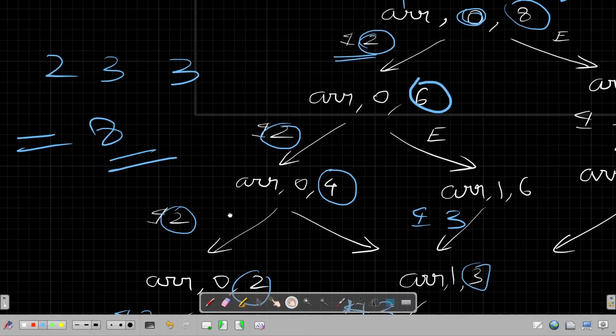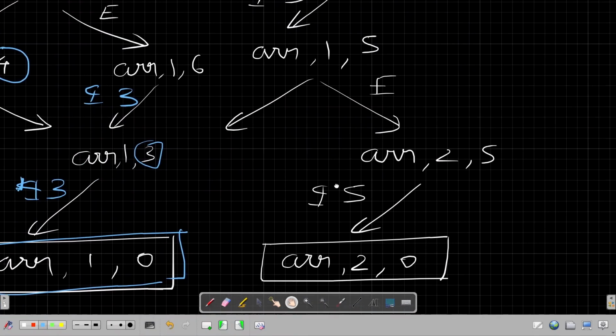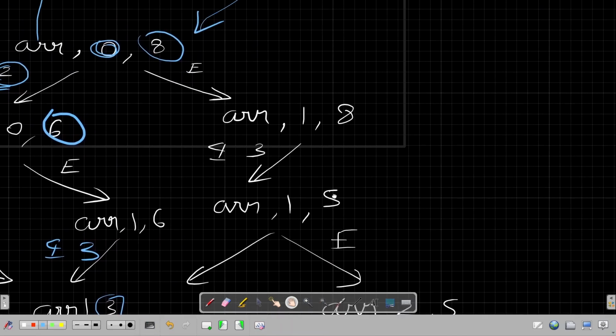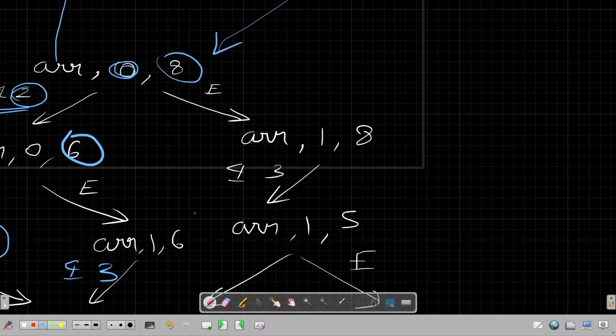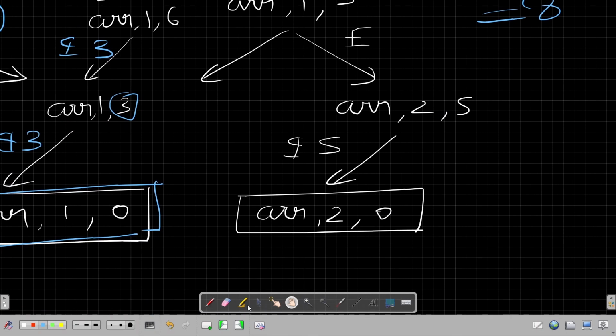Okay, so let's move to this right subtree now. Another valid combination which you can see, I'll move fast now, is once we exclude the 0th index, then we can include the first index, which is 3, and then we can exclude that. Now we are at 5. Okay, let's add 5. So 3 plus 5 is 8. Again we have been able to make the target. So this base condition denotes this target.